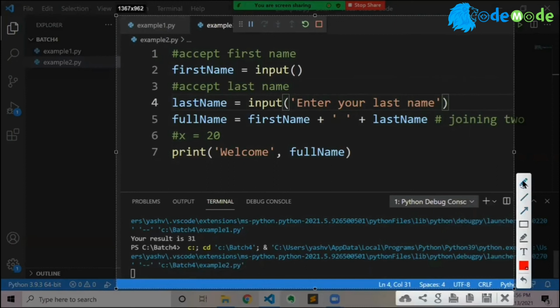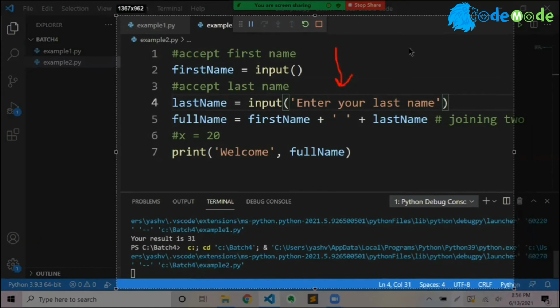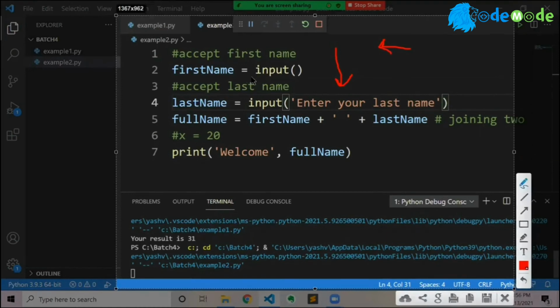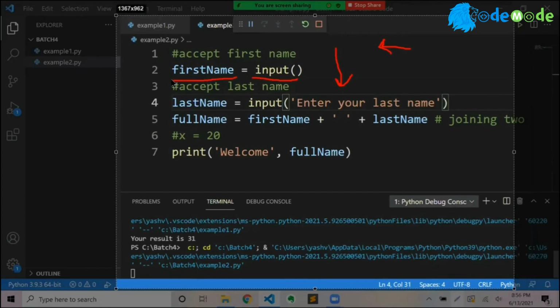When you say input, as you know, Python executes code from top to bottom, and right to left. So the right side of the equal to sign will execute first, then assignment will happen.